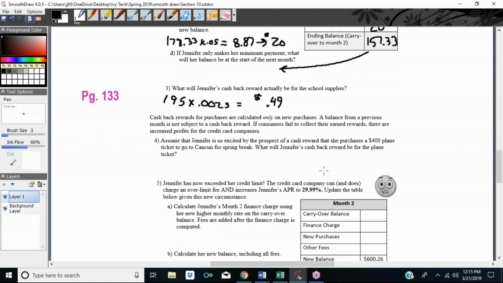So let's see. Number 4 on the next page. Assume that Jennifer is so excited about the prospect of a cashback reward that she purchases a $400 plane ticket to go to Cancun for spring break. What will Jennifer's cashback reward be for the plane ticket? Let's find out. $400. It's still part of that first 1,500. So 0.0025. Yes, she earned a whopping